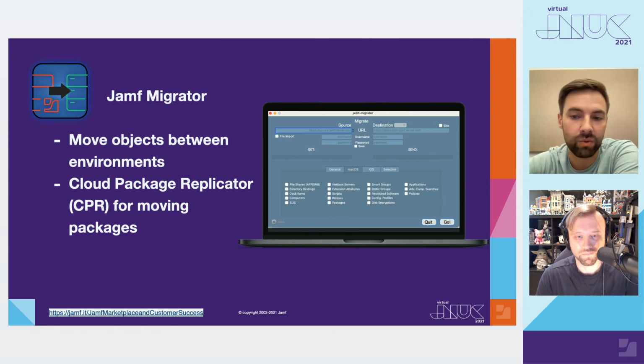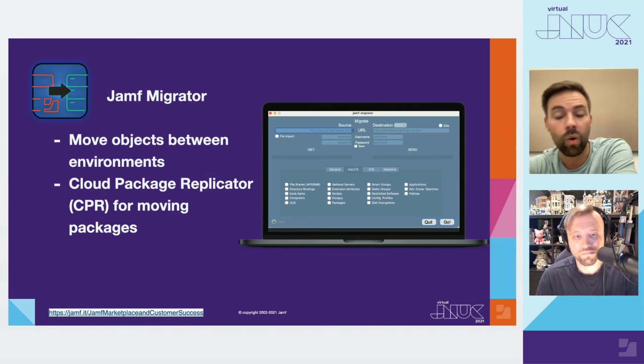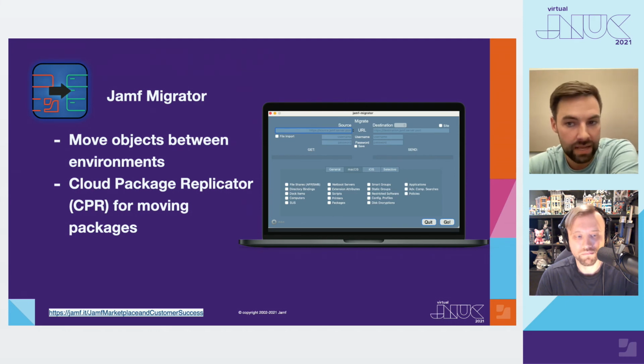A typical workflow that we see our customers use would be moving objects from their production instance to a development instance or vice versa. In the process of migrating, if an item based on a name within a category exists on both the source location and the destination, the destination item will be updated with the values from the source server.